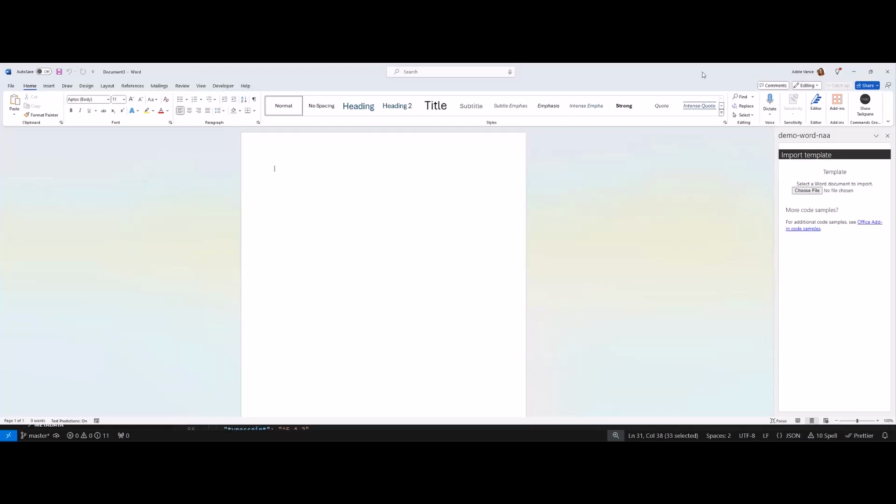Okay, so we thought it would be cool to show a more real-world scenario of using nested app authentication and basically using SSO. So I took our import template sample, just one of our existing samples, and added NAA support to it to show how simple it is